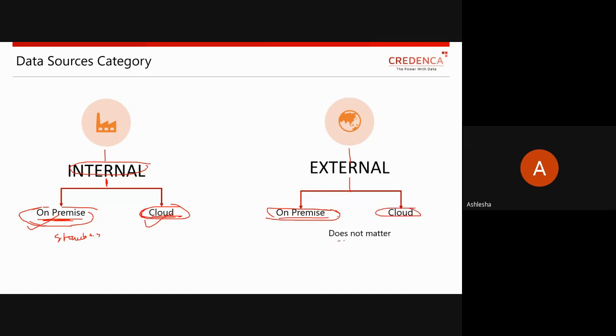But it does not matter for us because this is data which is accessible to everyone. There is no restriction for this kind of data source accessibility. So these are the different data source categories.